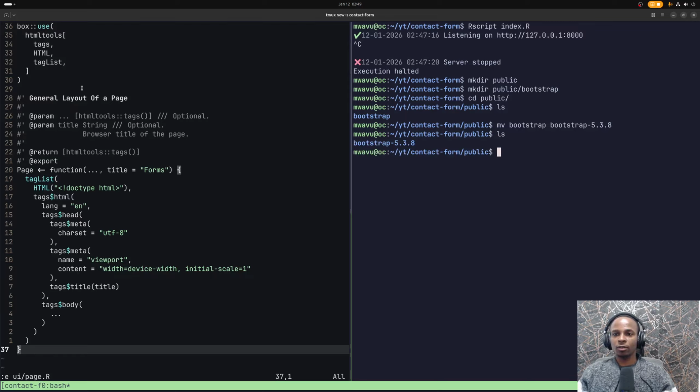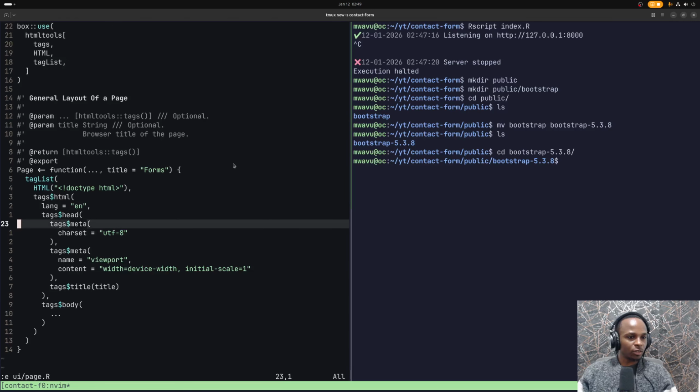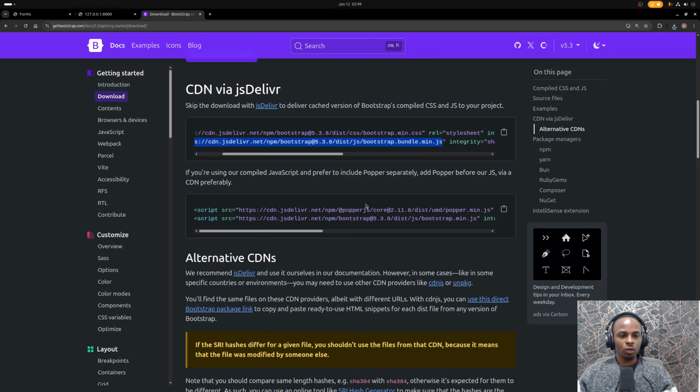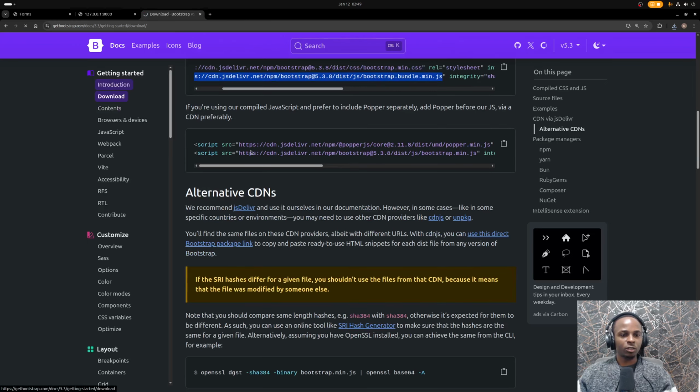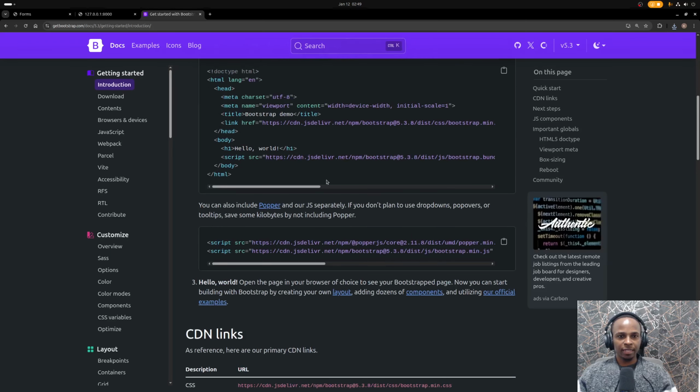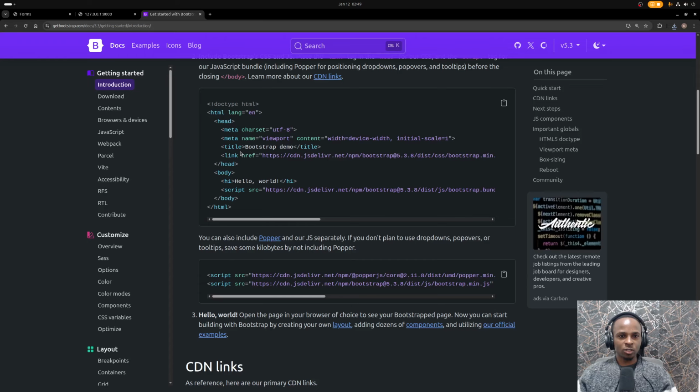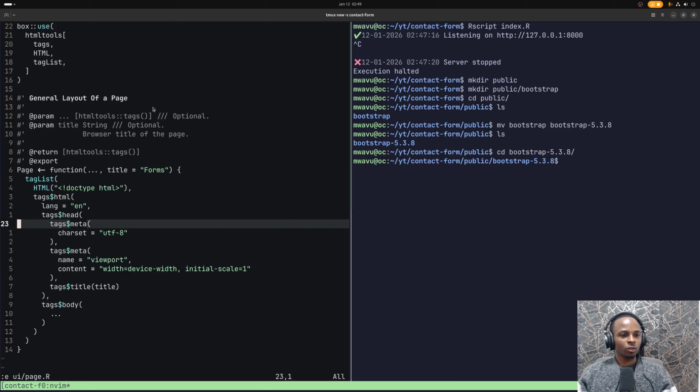Yes, so now that's it. And yeah, I don't need anything else there. The only thing now is including the Bootstrap dependencies in the page function. So we again come here to introduction, and so after the title, now we have the link to the CSS file. So after the title,